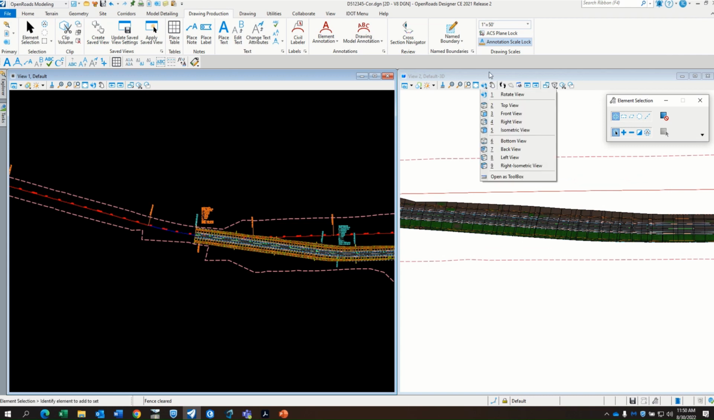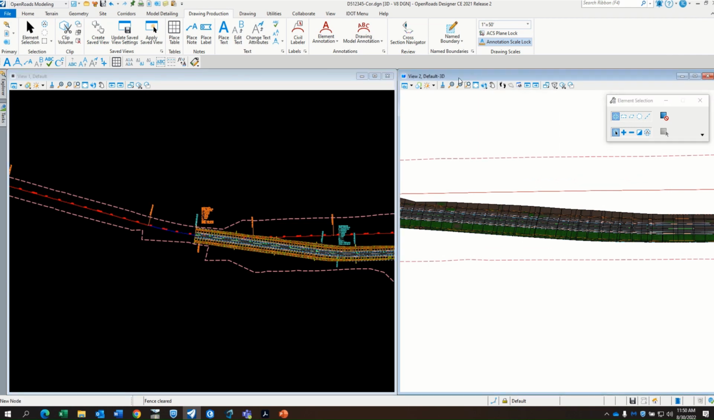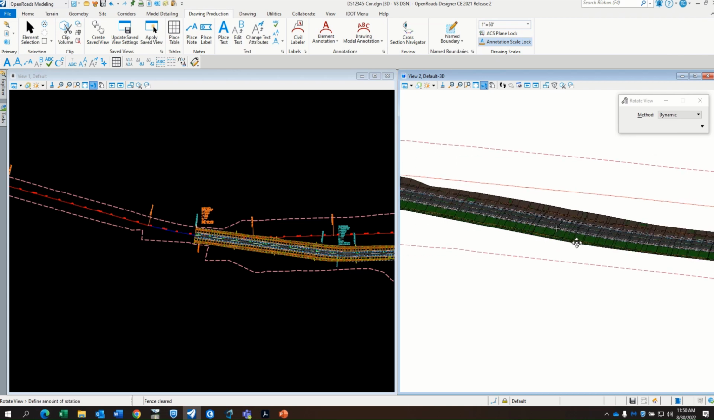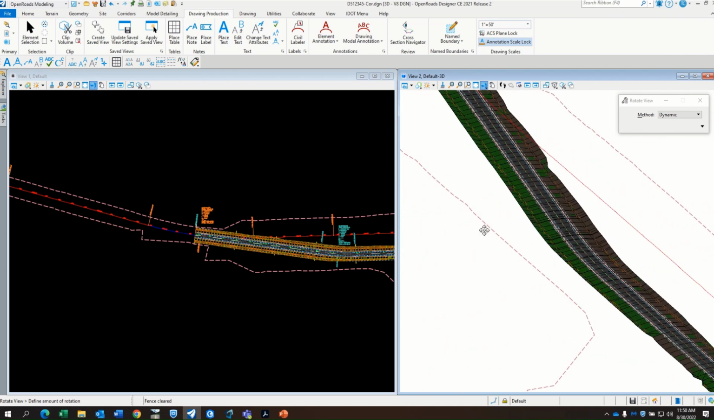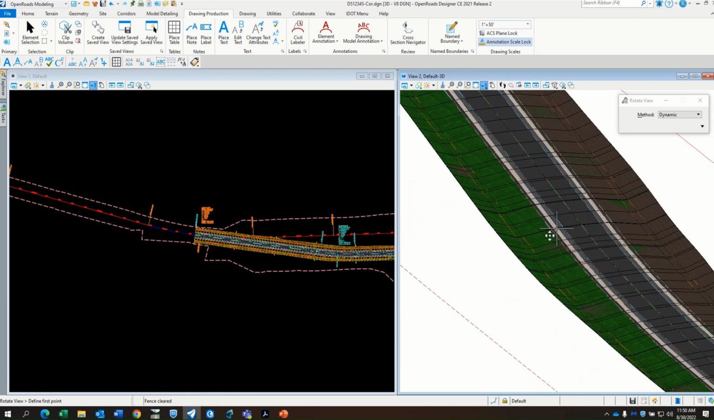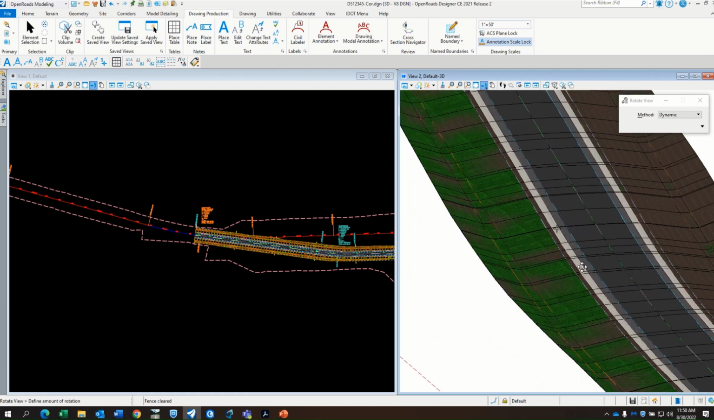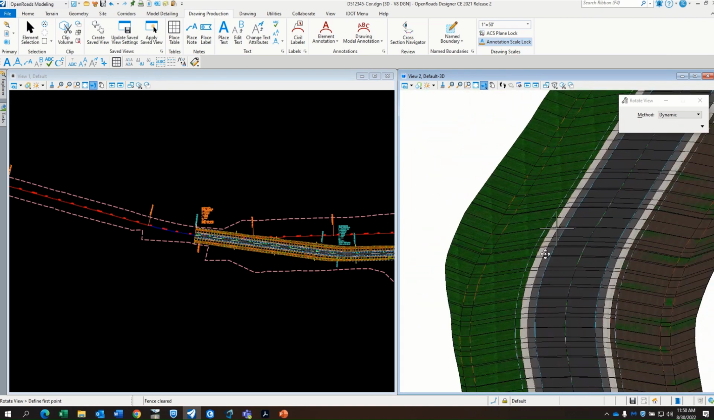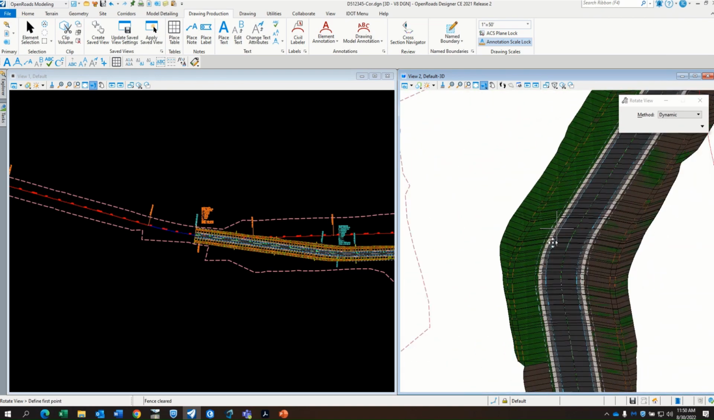So let's go ahead and make view 2 our active view. Then when we select rotate, we're going to get that dynamic option. We're going to snap to something, and then you can spin it around that point, and then use your roller on your mouse to kind of move around. If you zoom in, zoom out,